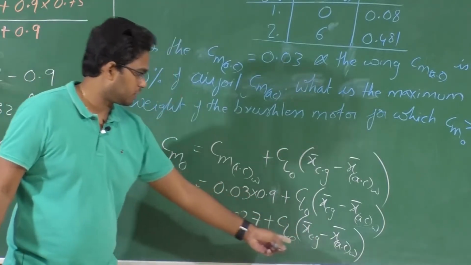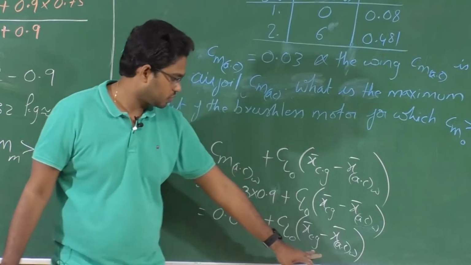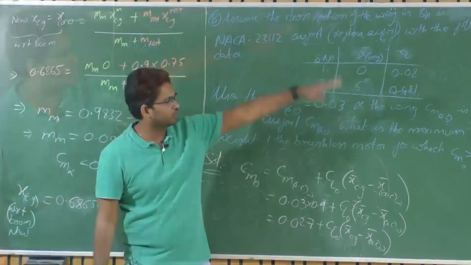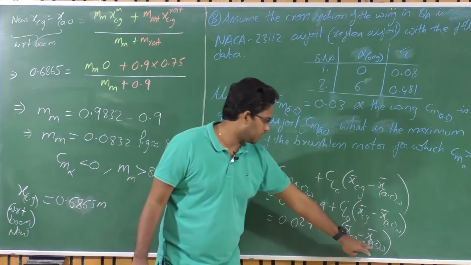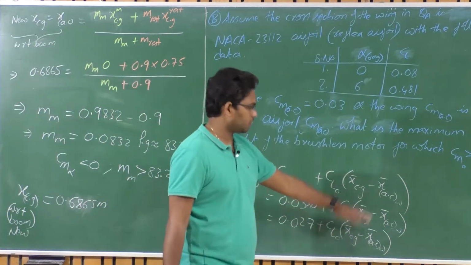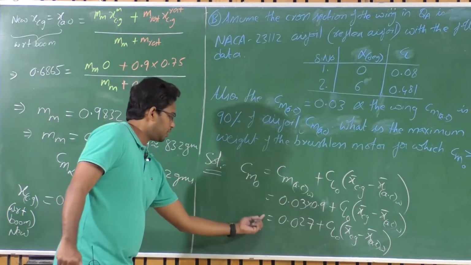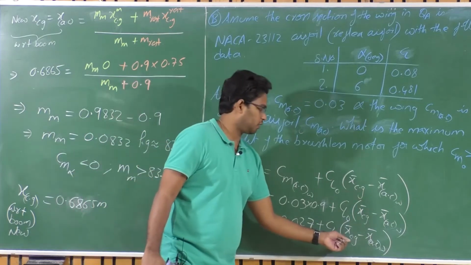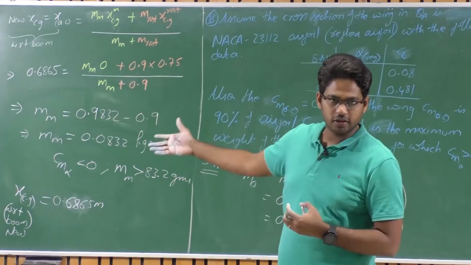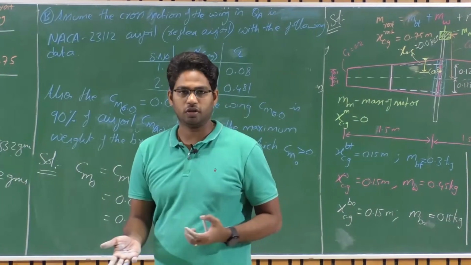So what will be the corresponding CG location for that? Aerodynamic center is not going to change, so only CG will change with the addition of the motor. Now we know the aerodynamic center of the wing with respect to the boom. So we can write with respect to the boom, shift the reference to the boom, substitute them here, equate Cm naught to 0 and find out the corresponding CG location. Once you know the CG location, that is the CG you need to achieve by adding a motor of mass m.